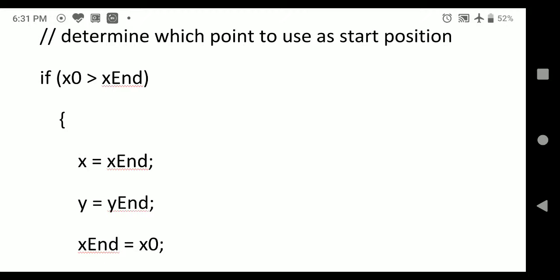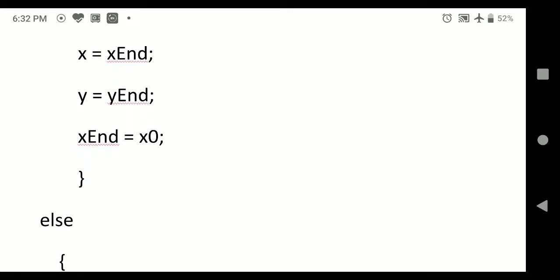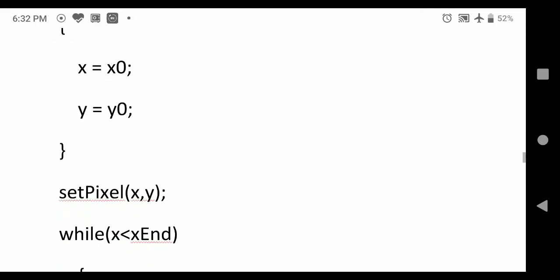If it is, then we are going to set the second value as the first point for drawing the line, according to which the current x, y value will be set up with x end and y end, and x end is equal to x naught to indicate where we have to stop the processing of line draw. Otherwise, if the point inputs, vertices inputs are given in left to right direction, then x and y can be as usual x naught and y naught.